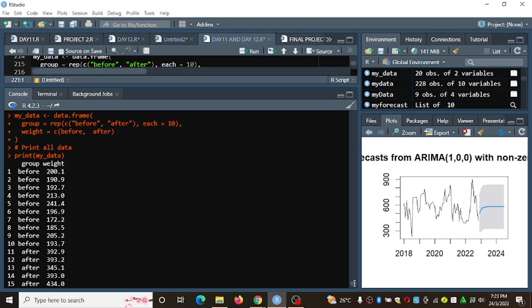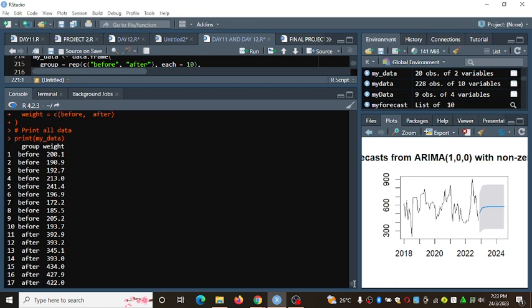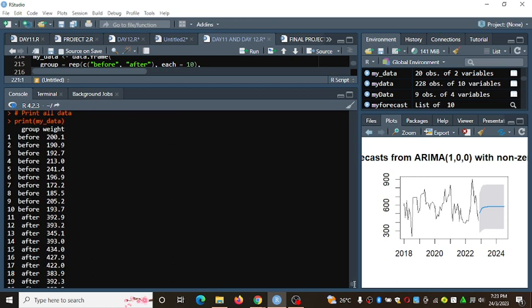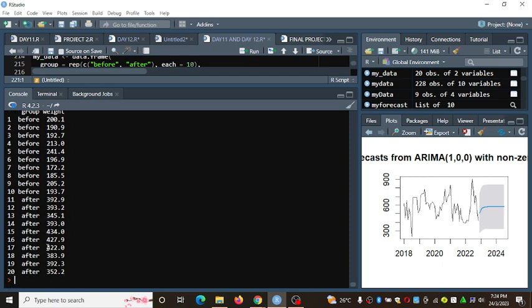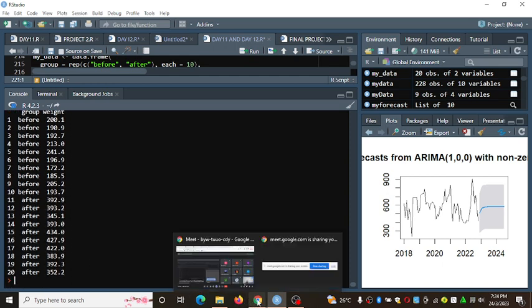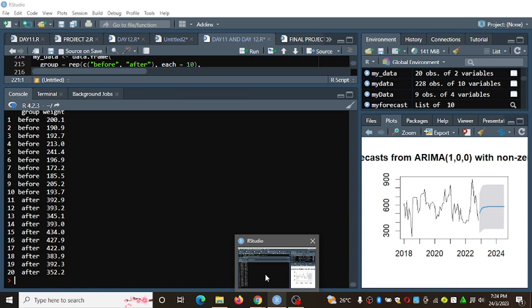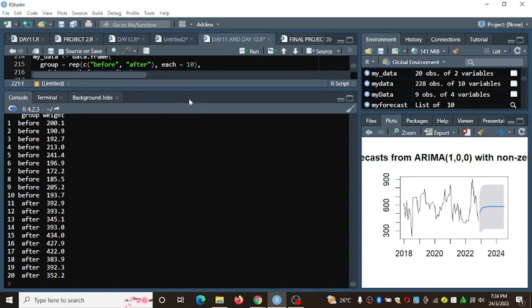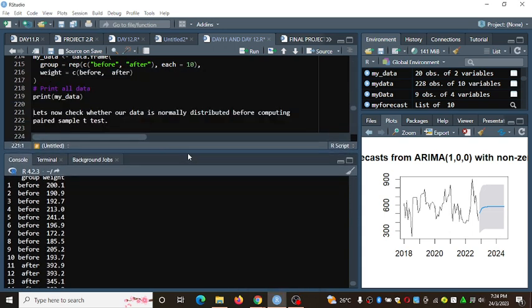Under my data I have the group and weight. I have one column for group and the other column for weight, and from that point now we can execute the paired t-test.